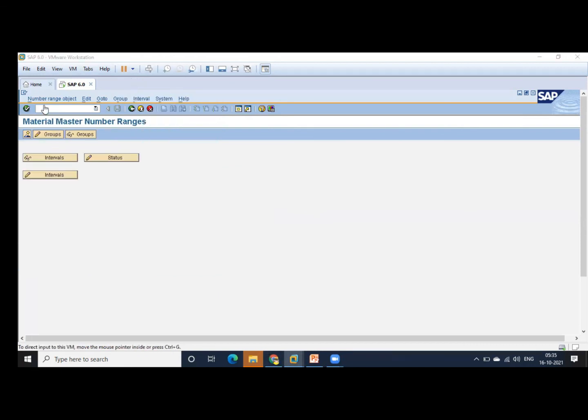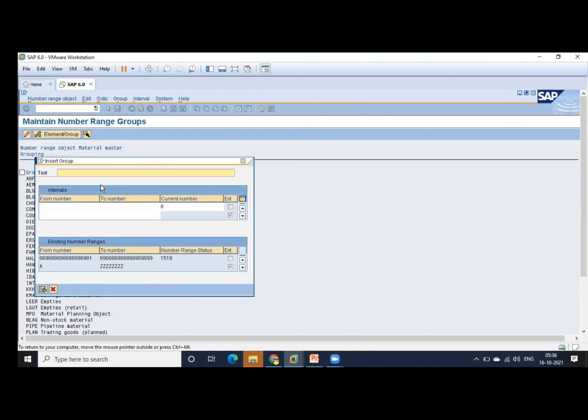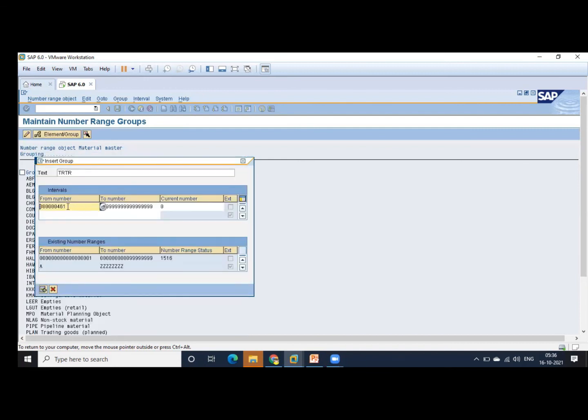Here MMNR, go for the groups. Again group, insert. So I can take some name, TR. From number, I can choose here. Then copy. I can paste here. Enter.